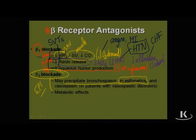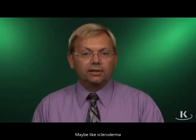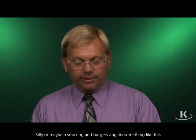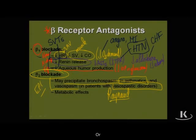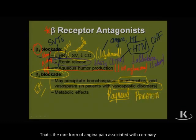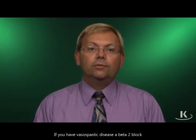How about vasospasm? Every time you have a vasospastic disease, and you know such vasospastic diseases might be Raynaud as a phenomenon or as a disease, phenomenon when there's underlying disorder, maybe like scleroderma or SLE or maybe smoking and Buerger's angiitis, something like this. Or worse, Prinzmetal angina. That's the rare form of anginal pain associated with coronary vasospasm. Whatever the case might be, if you have vasospastic disease, a beta-2 blocker will actually again exacerbate and trigger vasospasm